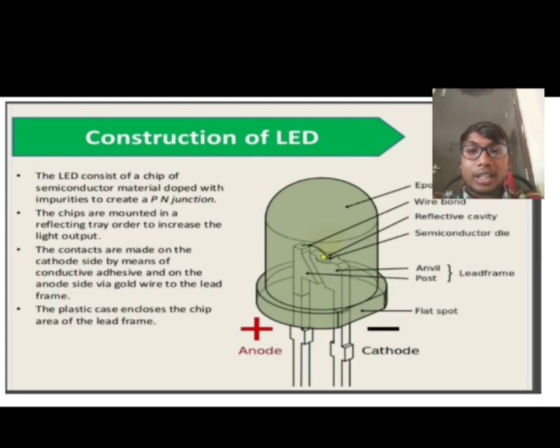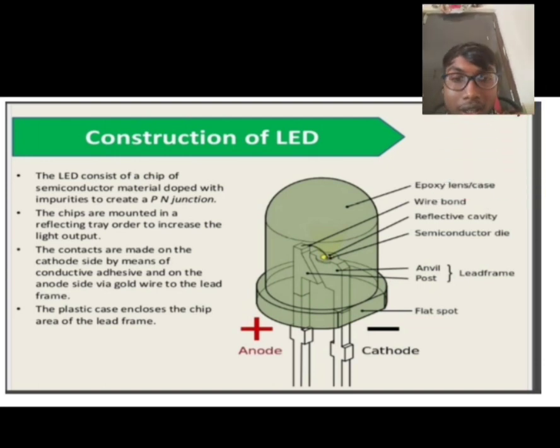Construction of LED. The LED consists of a chip of semiconductor material doped with impurities to create a PN junction. The chips are mounted in a reflecting tray in order to increase the light output. The contacts are made on the cathode side by means of conductive adhesive and on the anode side via a gold wire to the LED frame. The plastic case encloses the chip area of the LED frame. And here is the construction of LED, how the LED is constructed, which parts are used, and how the anode and cathode are used,